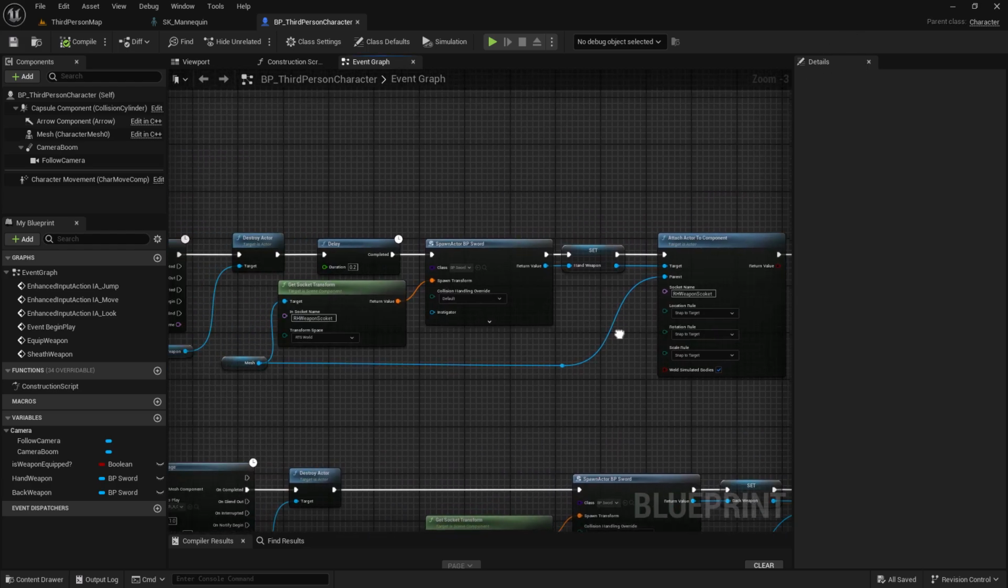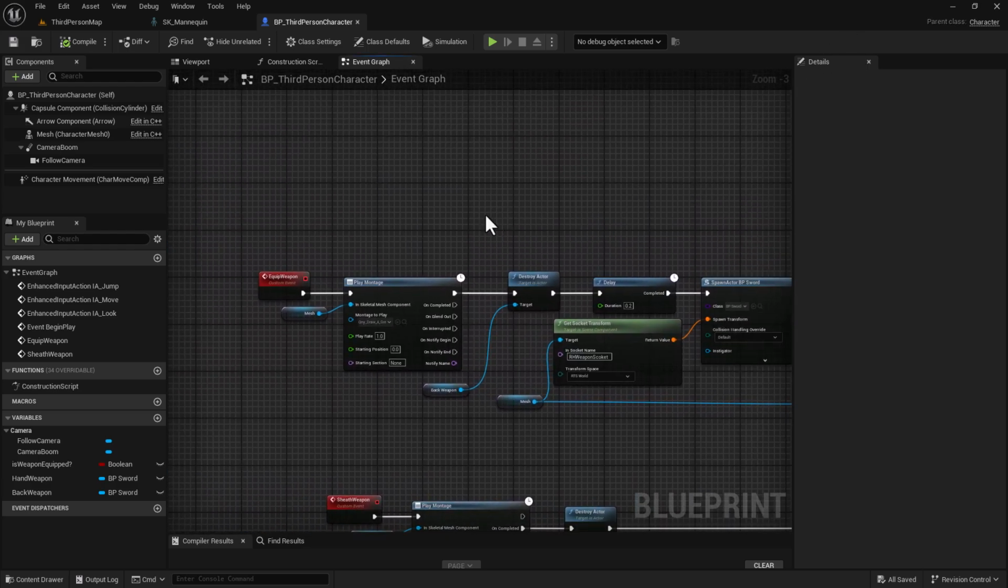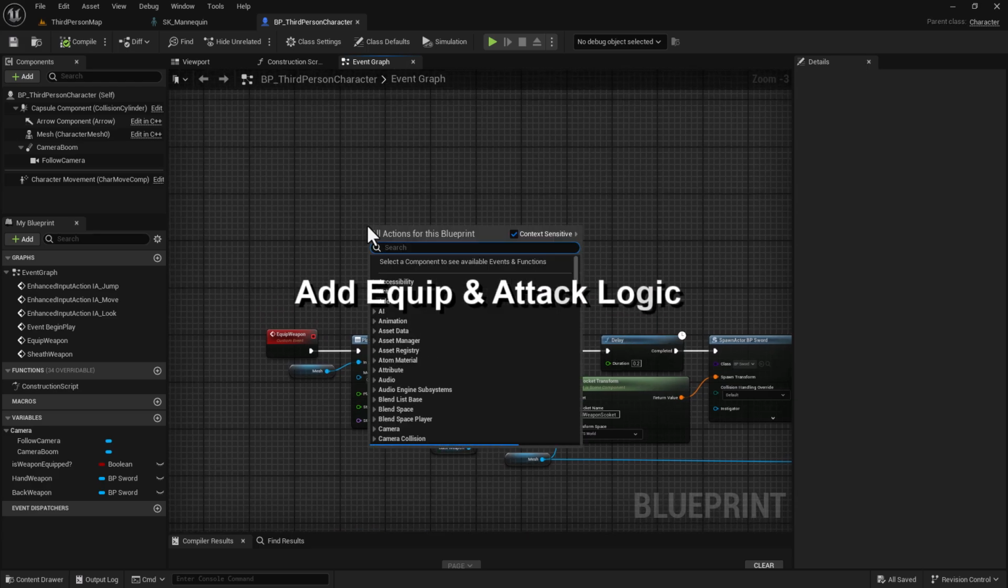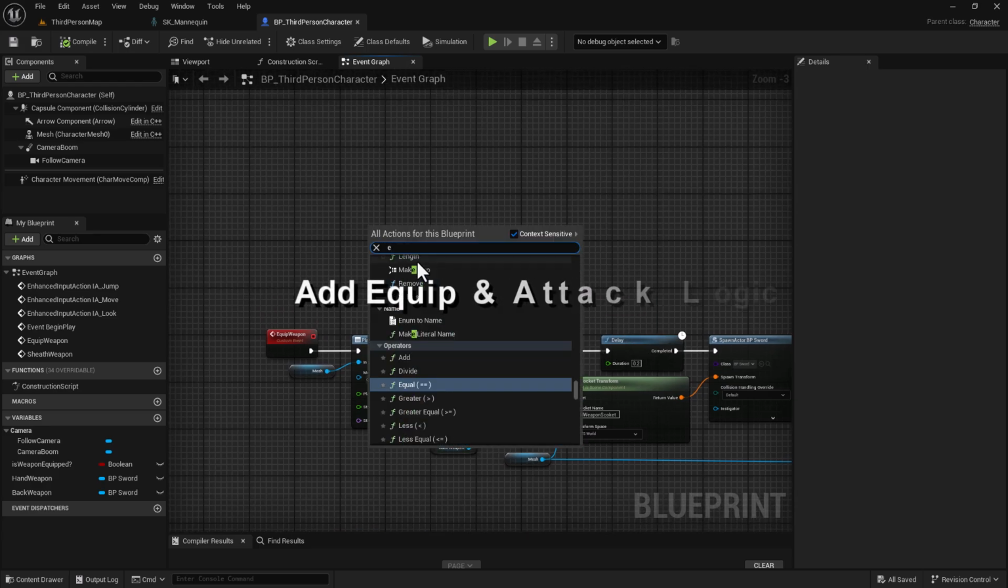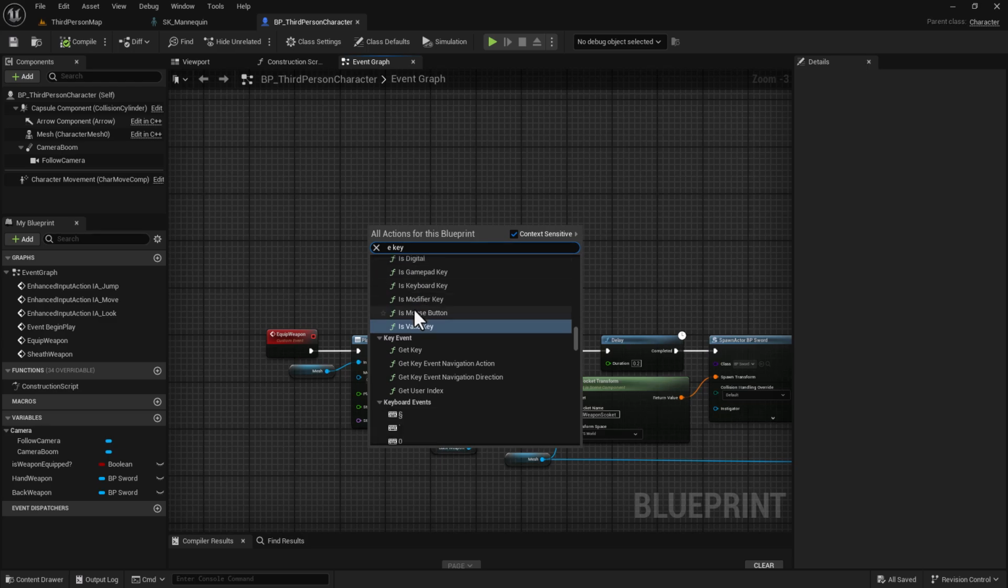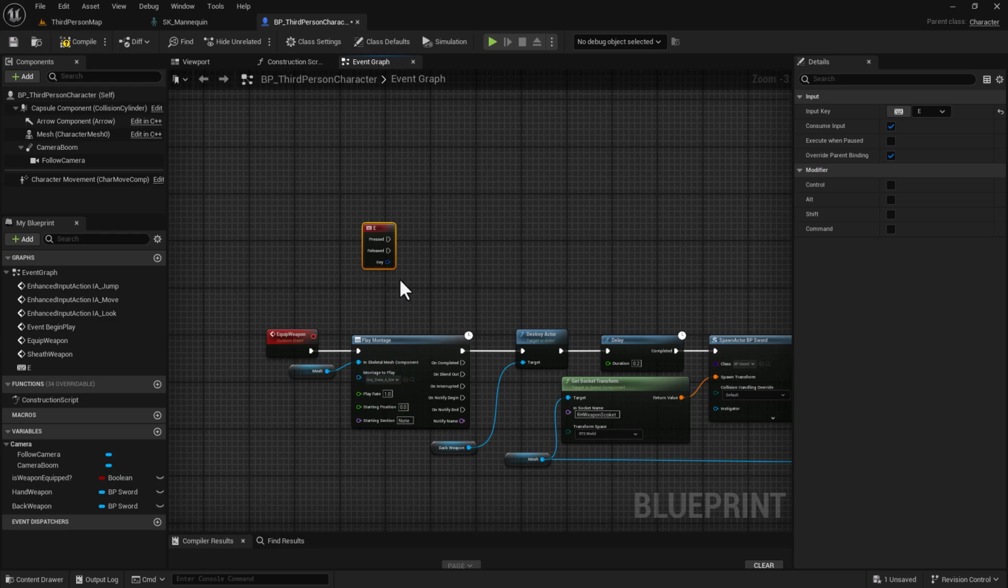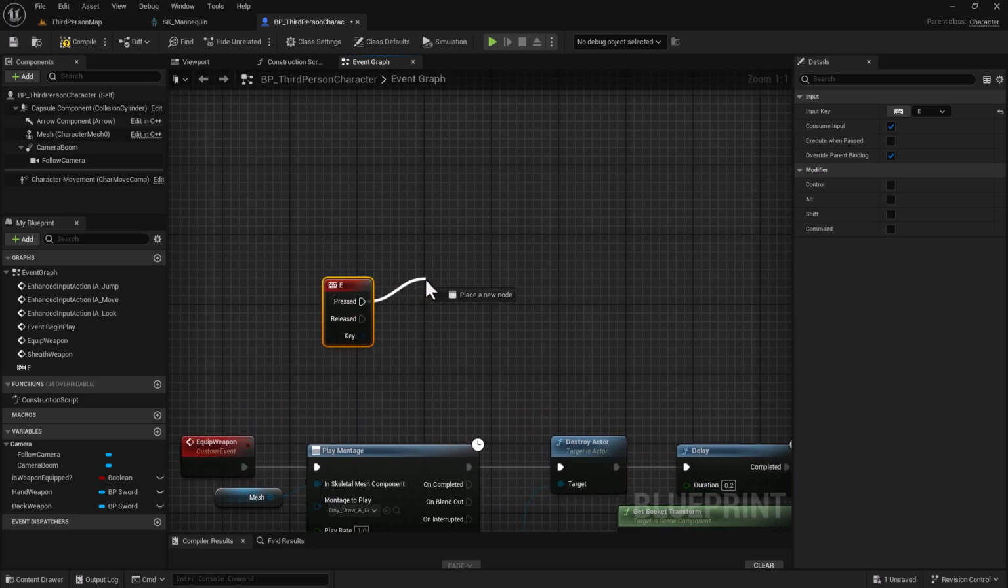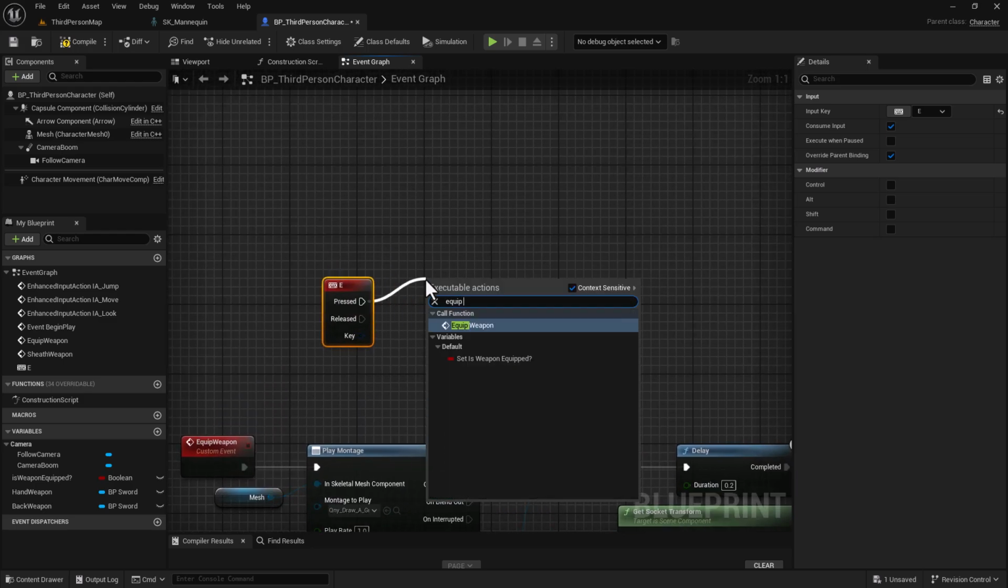Okay, so now we're going to need to add the equip logic here. So let's go up here to the top a little bit. We're going to right-click. We're going to do the E key for equipping. So type in E key and then just scroll down until you get to the E. And then what we want to do is we're going to type equip weapon